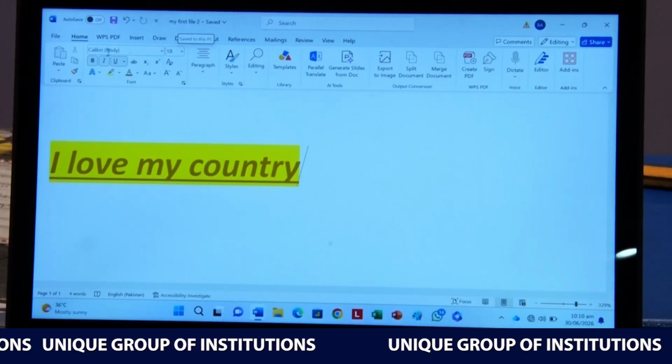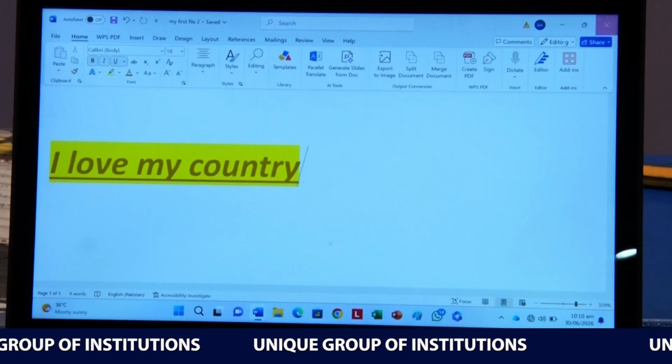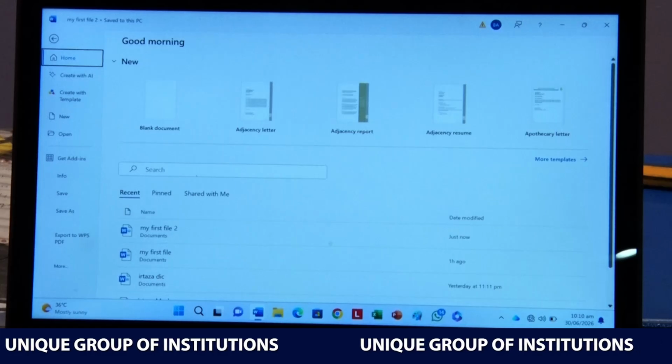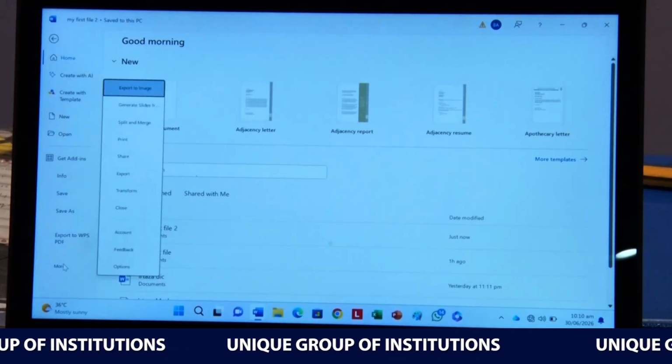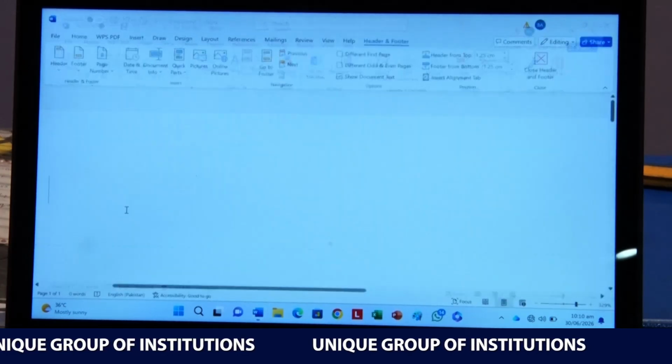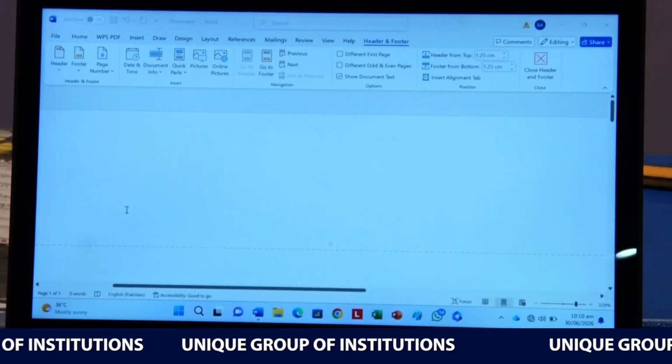If you want to close it, then don't press this icon. You have to press File, More, and then click Close, and your document has been closed.